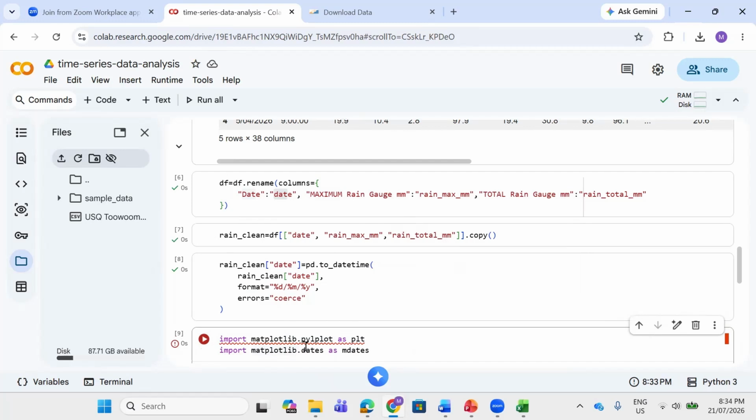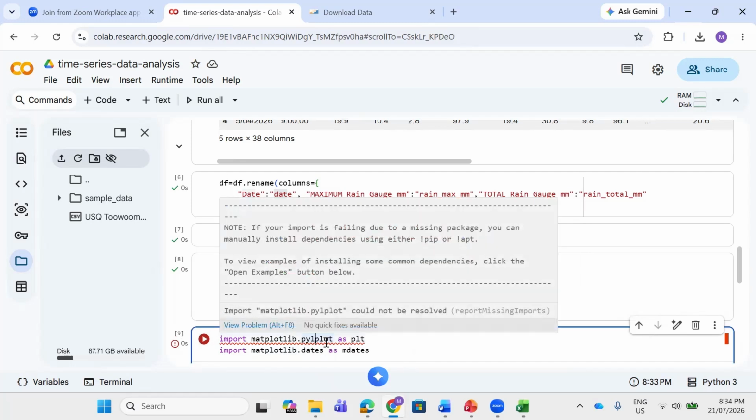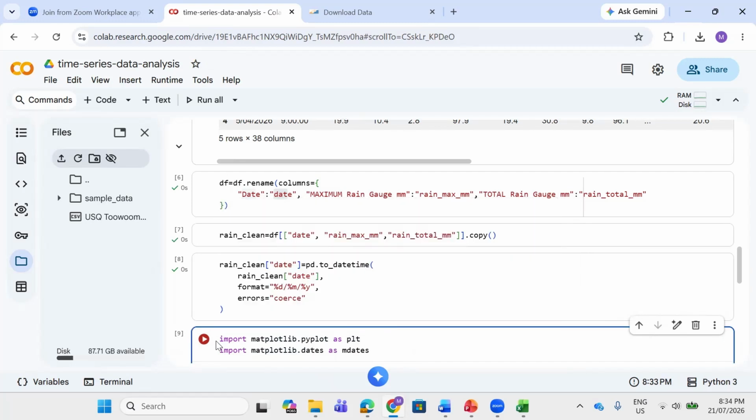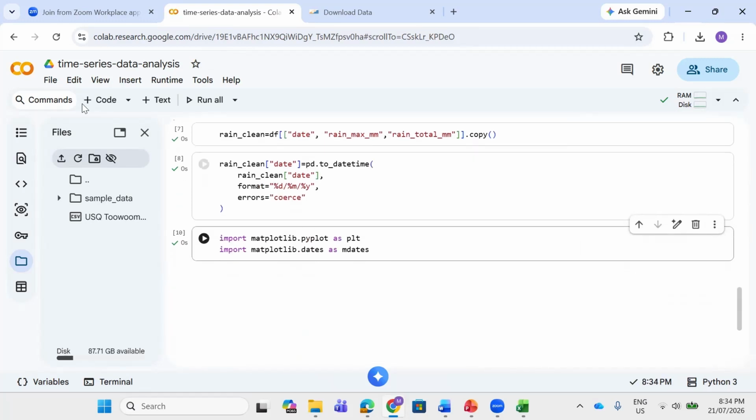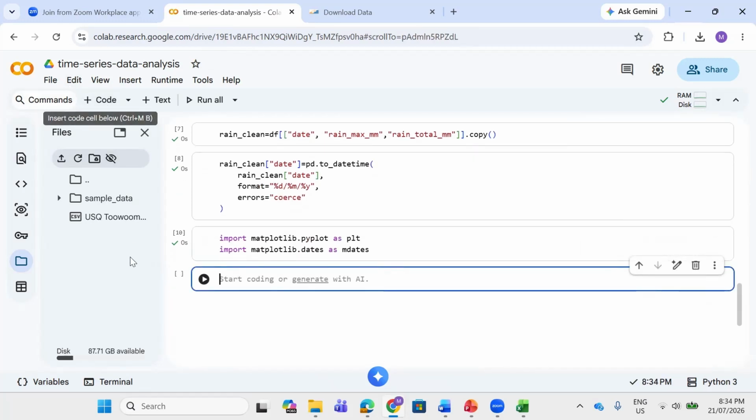Matplotlib. Yep, this is correct. Pyplot. Okay, there is an extra L. So pyplot. Then hit your run. So now we should be good to go. And once we have